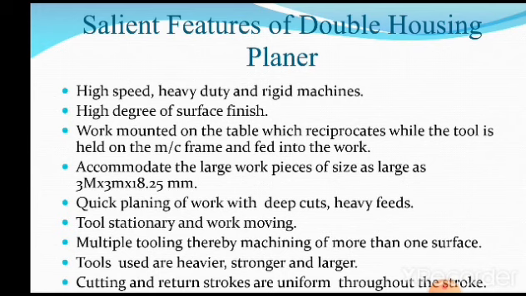It can accommodate large workpieces of size as large as 3 meters by 3 meters by 18.25 millimeters. 3 meters is the length, 3 meters is the width, and 18.25 millimeters is the thickness of the workpiece. So again I'll repeat, this is the largest size, 3 meters, just imagine it. You can understand that it's a very big machine compared to the shaper.